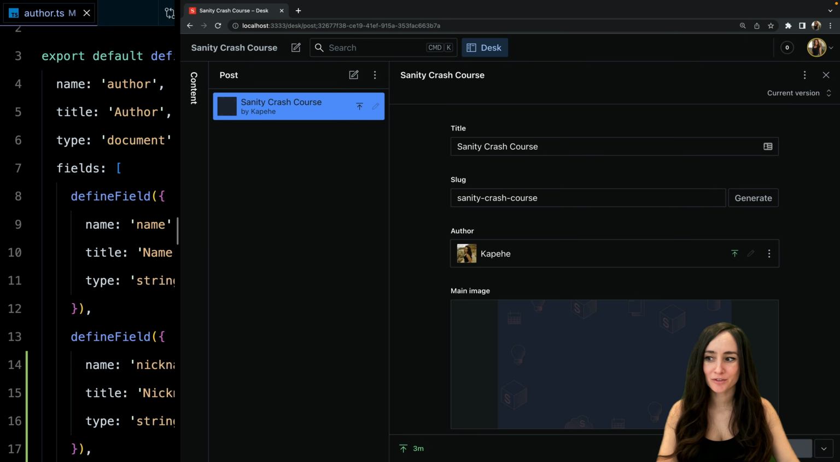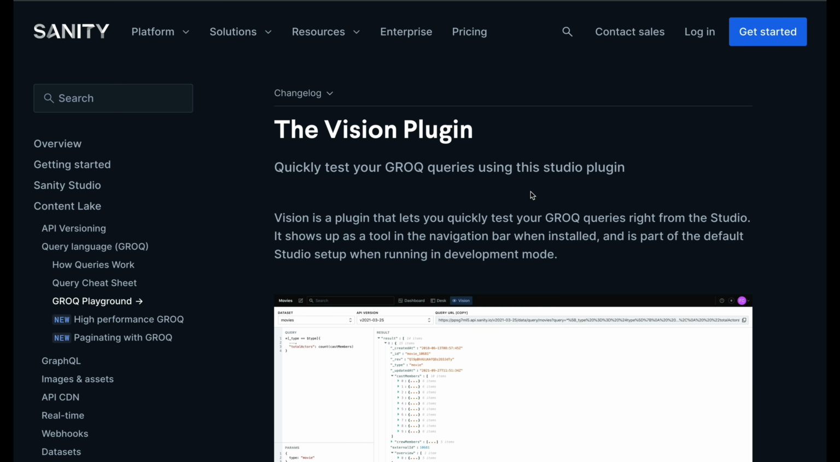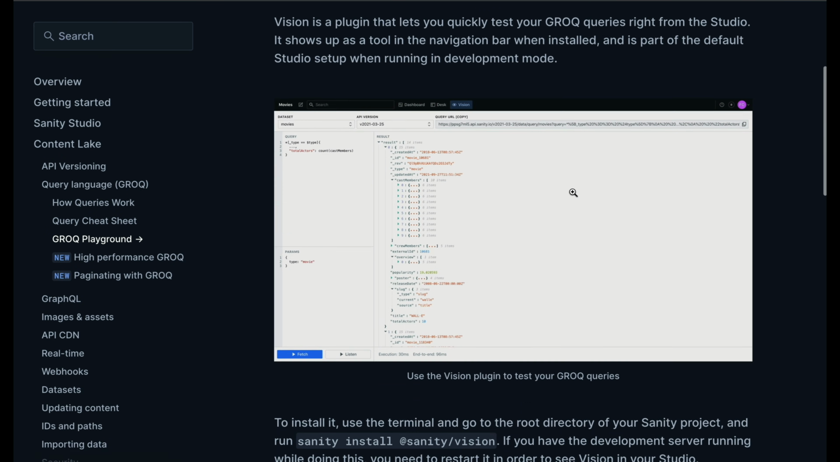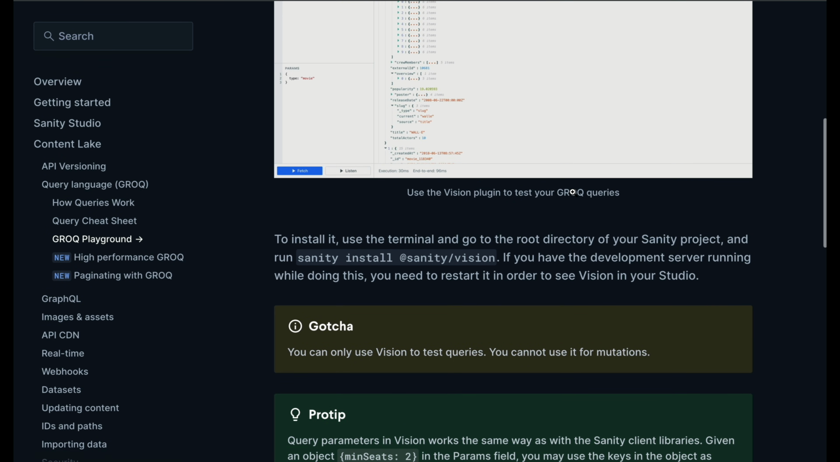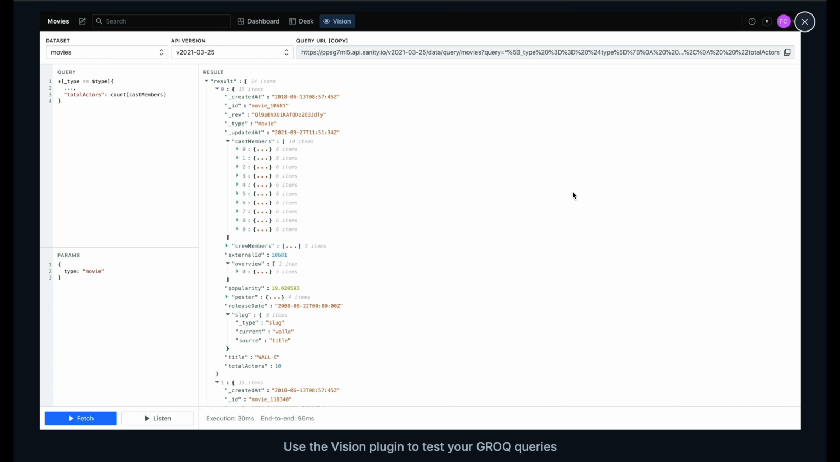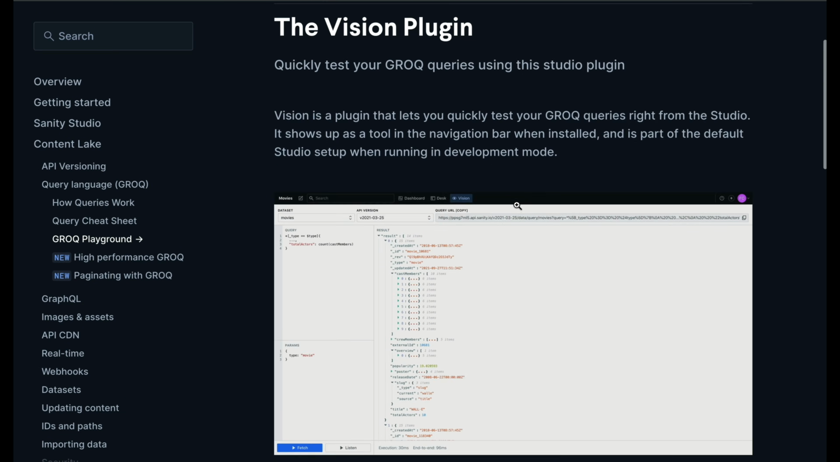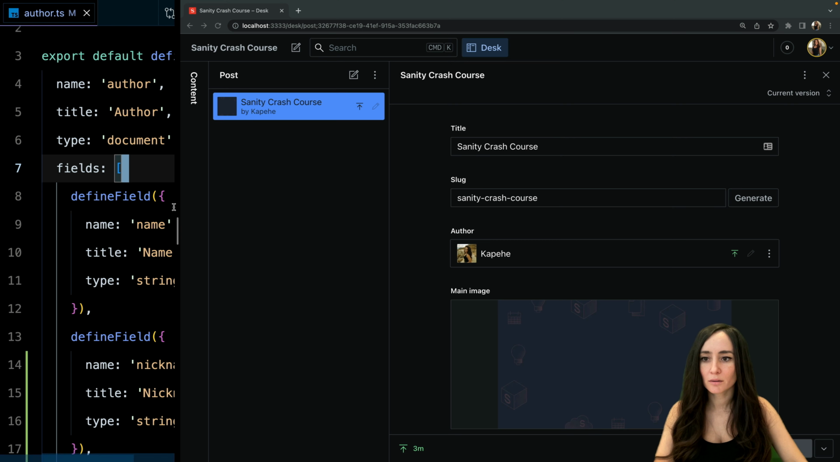Now that we've played around with our studio, let's customize it even more. The studio has plugins, and one plugin I really want to point out is the Vision plugin. This one is super useful, and to show you how to install a plugin, let's start this one from scratch. You may have a project that already has a Vision plugin added, but this is just so we can see how to add any plugin from the start. So we're going to go back to our project,